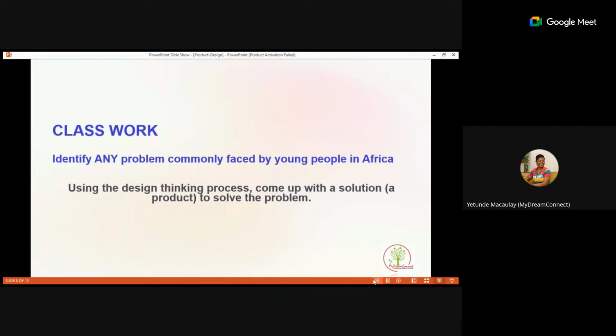I don't know if you're getting it. So it's not about NEPA. NEPA is just a Nigerian thing for now. Now we're looking generally at Africa. What is a common problem that we have found in Africa that we think we need to solve and reduce? Because even the issue of NEPA, if we are able to solve the problem of young people,